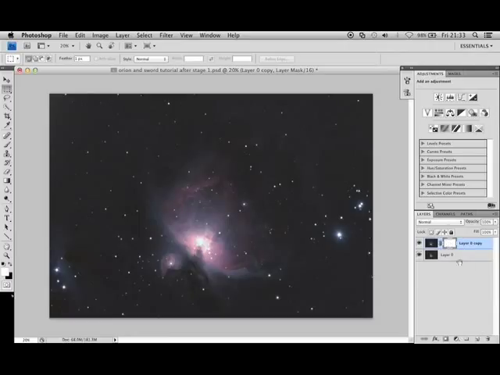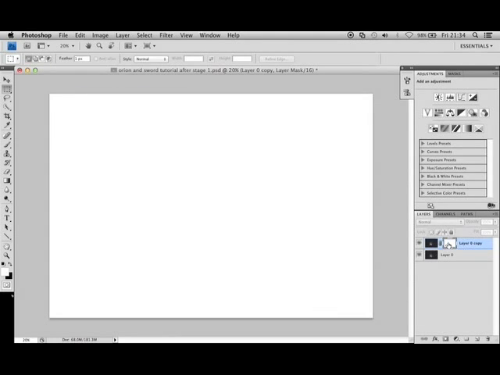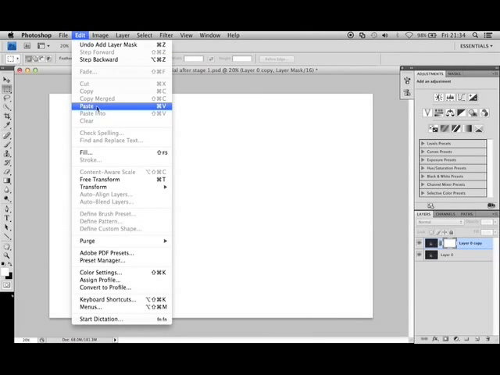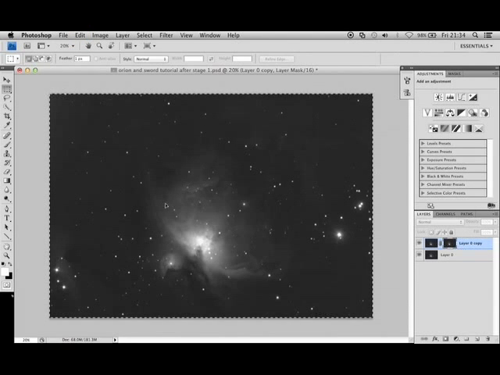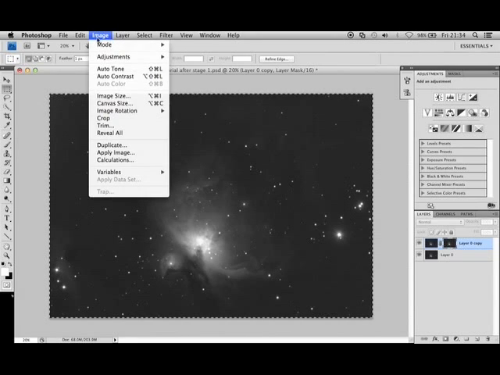So once we've got the layer mask there, we're going to hit the Alt button, which is on the Mac. I don't know what it is on the Windows operating system, but on the Mac it's Alt, and then we'll click on the box, and that'll give us the blank canvas, if you like. And then we want to do paste, so we go to edit, paste, and that will give us the monochromatic image. And then we want to go to image,